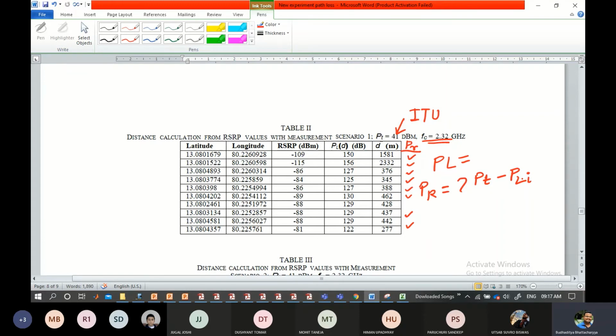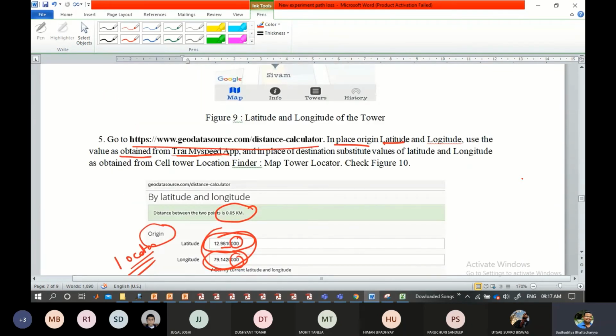At the same time, you take the reading with the location finder and note down the location of the base station. Based on that, you can parallelly calculate, using the geodatasource.com website that I was talking about, the separation distance between you and the base station.